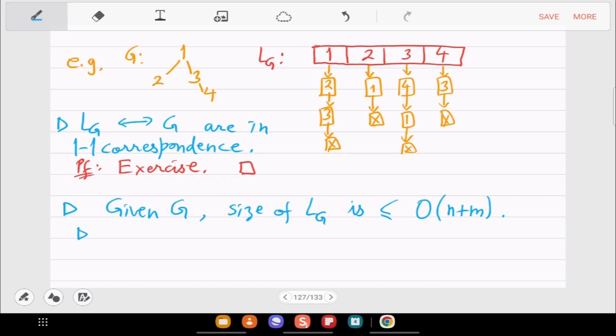So what do you think is the sum of the sizes of the lists sitting at entry i? What is this? This is 2n. Why is that?